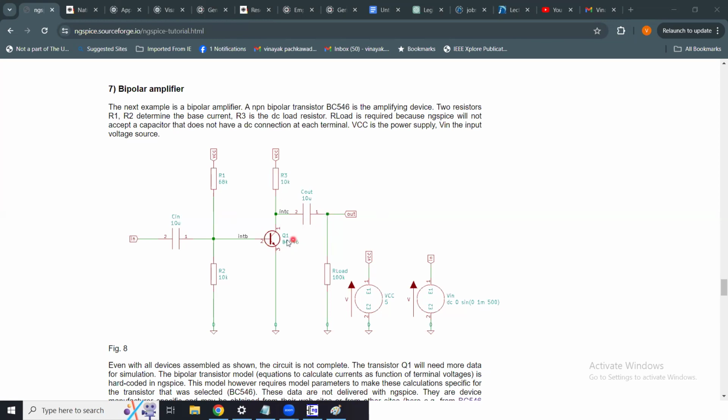So what you can see here, we have this transistor BC546. So we need a model in order to simulate the circuit and design a circuit using this transistor. So we need a model for this transistor as numbered, and we'll get that from the manufacturer. I will explain how to obtain that model, and how to incorporate that model into your SPICE netlist. And we'll also explain how we can create the netlist of this circuit and then perform some kind of